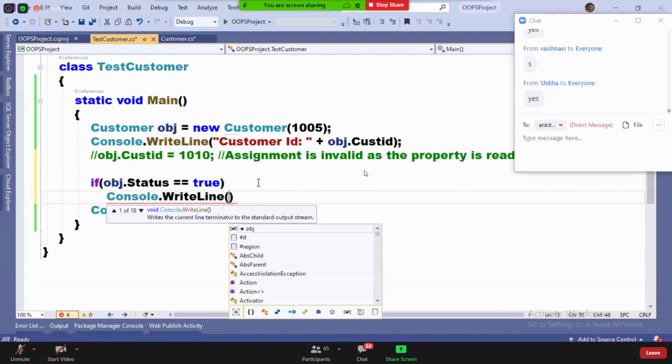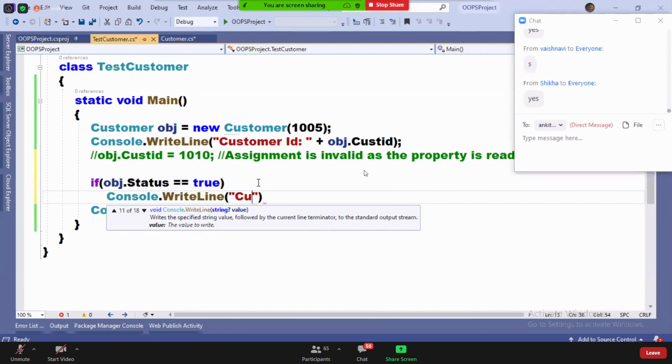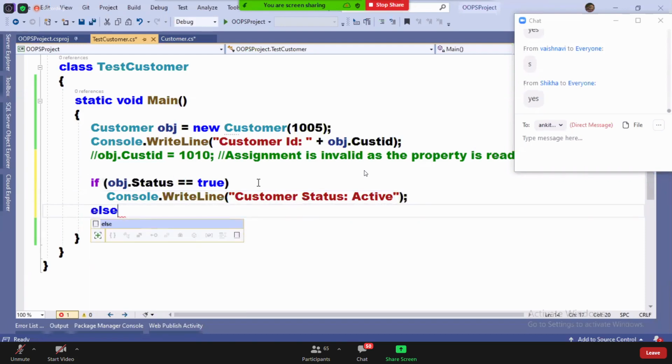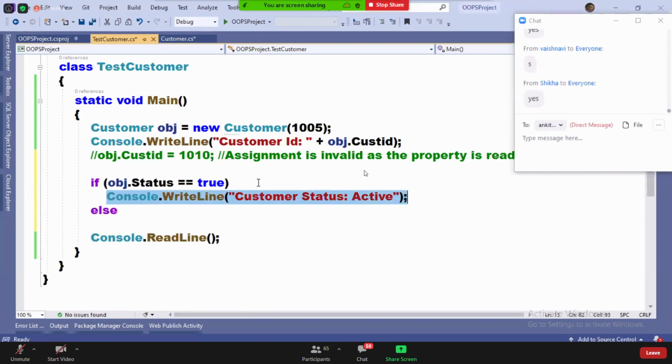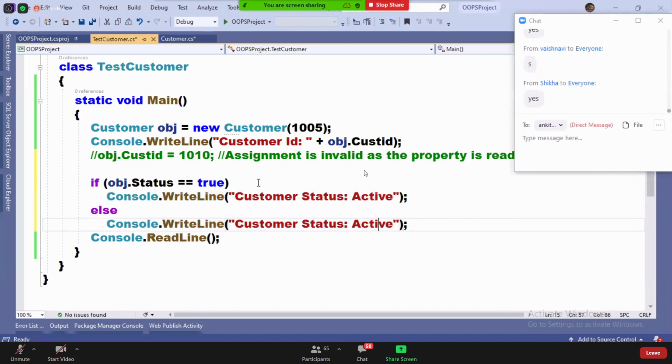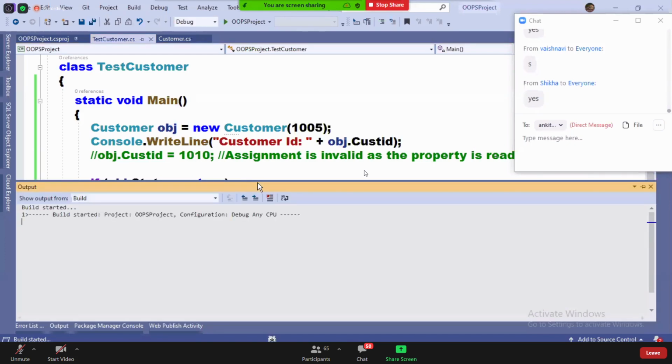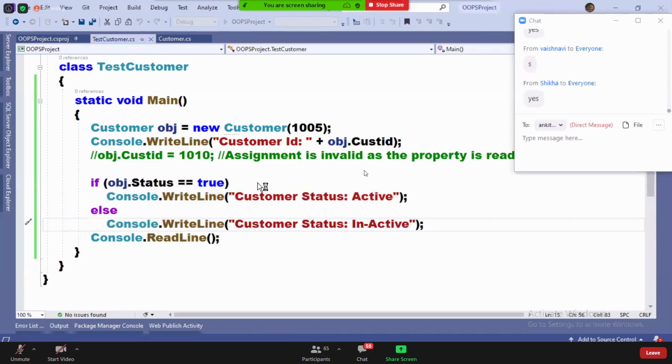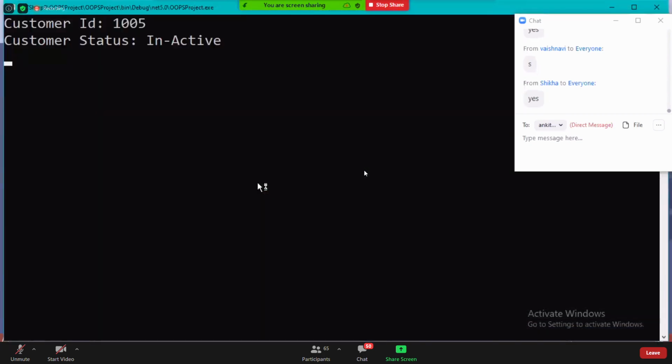Console.WriteLine customer status active. Else, customer status inactive. And right now the customer status is inactive, guys. You can see right now the customer status is inactive.